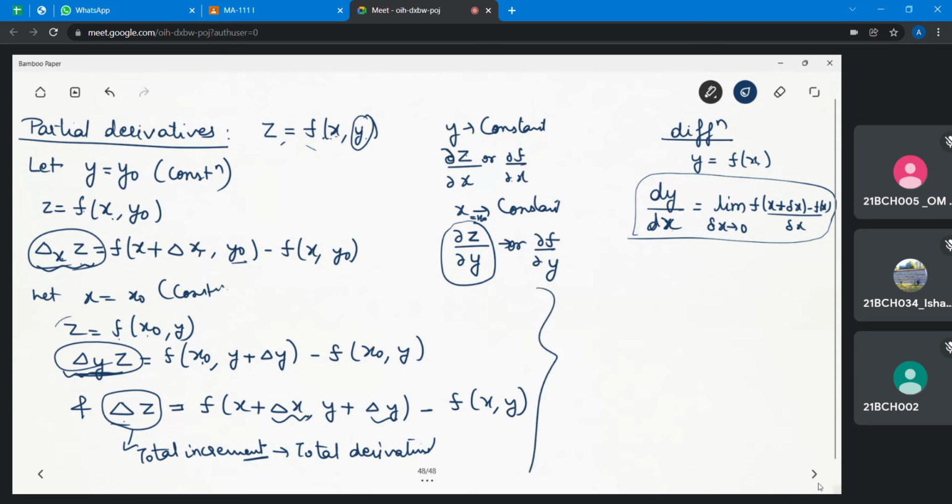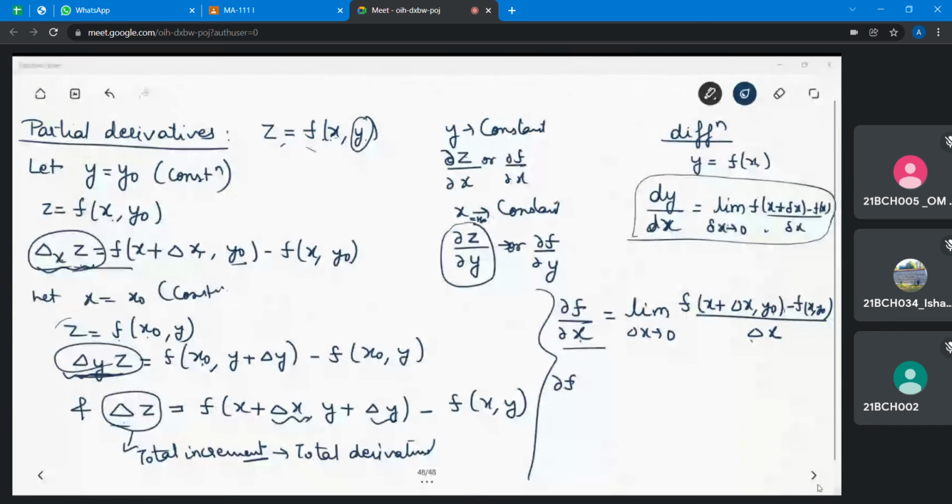Okay. Now if we consider this limit del f over del x, so this is equals to, if you relate with this the definition for the function of one variable, so this is equals to limit delta x tending to 0, the increment in x, f(x, y naught) upon delta x. In the same way, this is the rate of change of this function with respect to x, where we are treating y as a constant. If this limit exists, then this is called the first order partial derivative of f(x, y) with respect to x.